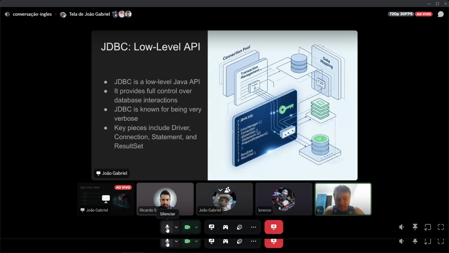But I recommend, if you are learning SQL, it is better to use JDBC at first, definitely, because you will be forced to use raw SQL. You can write SQL scripts. With a framework, if you don't have the opportunity to write SQL scripts, I think it's better to use JDBC at first.